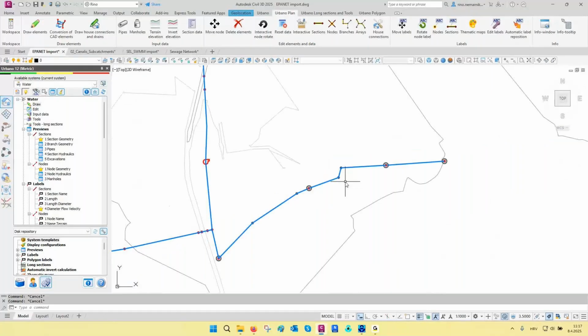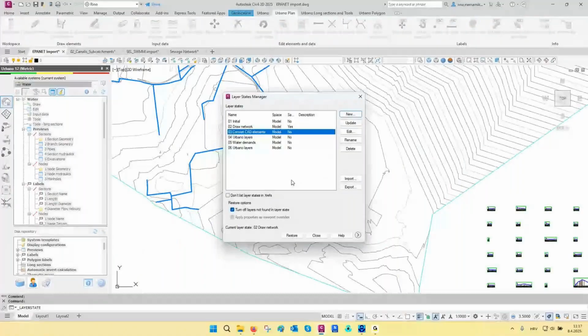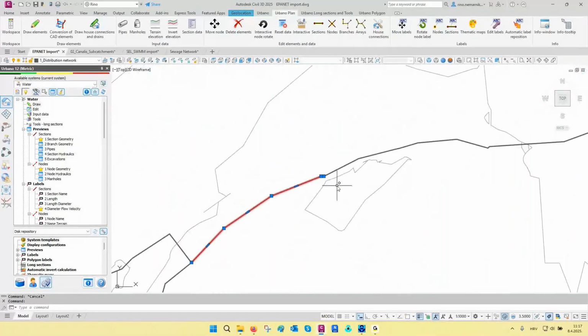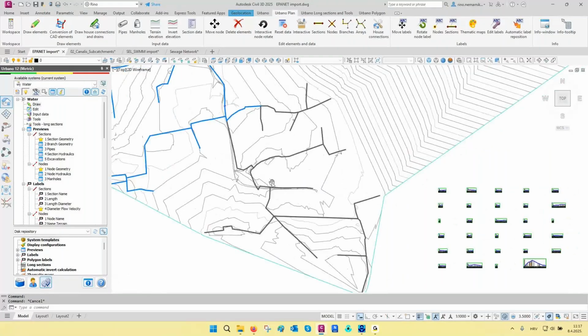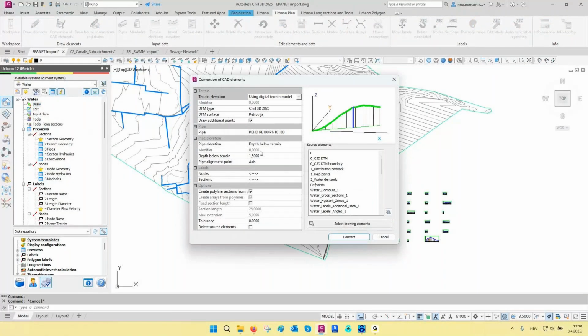Let's now also see how we can convert AutoCAD polylines to these polyline sections. So here we can see that we have the remaining part of this network drawn with plain AutoCAD polylines. And now I will show you how you can convert these AutoCAD polylines into Urbano polyline sections. So to do that, let's go to the conversion of CAD elements. I will use all the same options as in the previous dialog. So regarding DTM, regarding pipes, and the position below the terrain. Also, the new option to create polyline